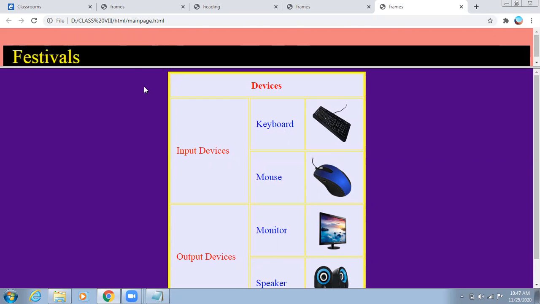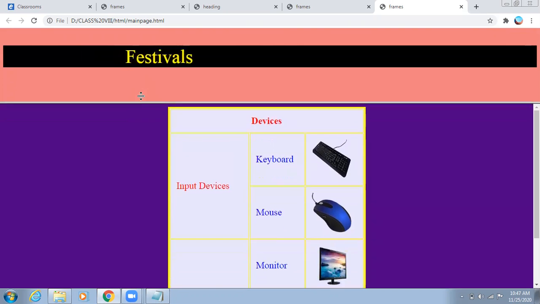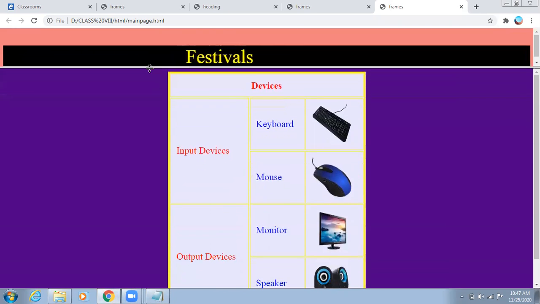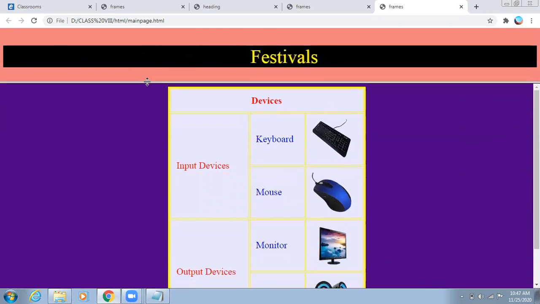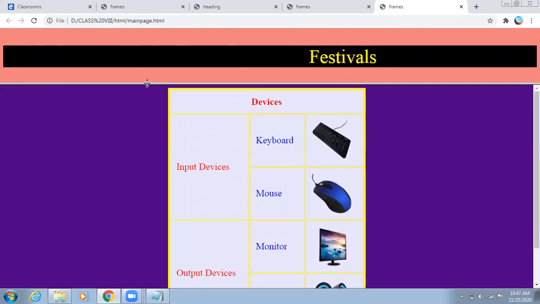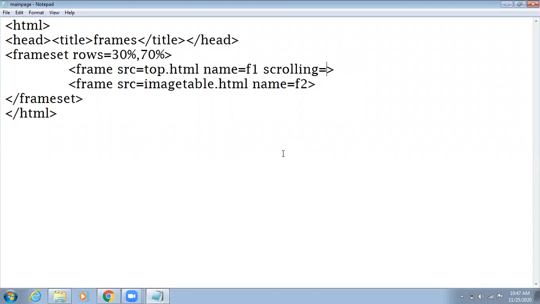Clear? Okay, next, you can also see right now the user is able to change the partition size of the page, which should not be allowed to the user. To fix this, we have to use an attribute of the frame tag, and that is noresize.